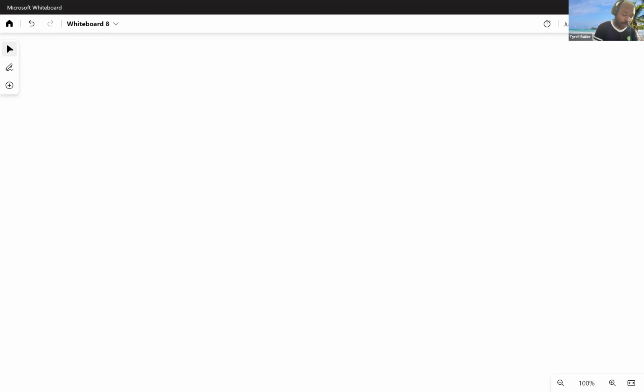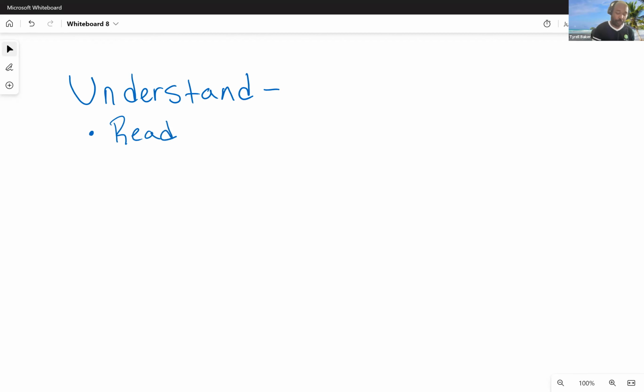So the U in umpire stands for understand. And what does that really mean, right? Understanding means we read the problem statement as many times as we need to read it. So read the problem statement all the way through.